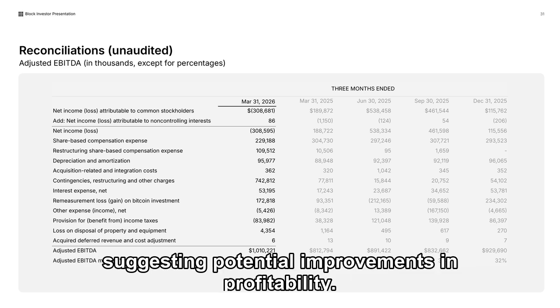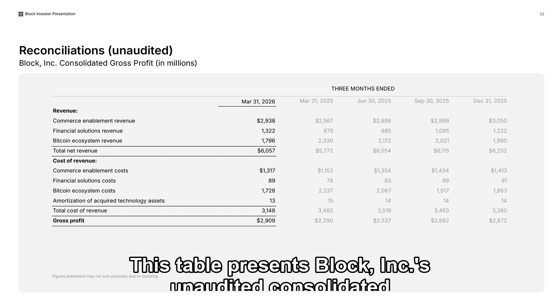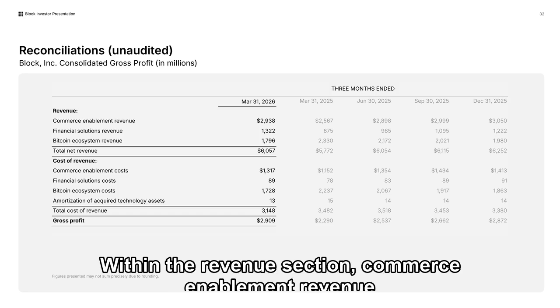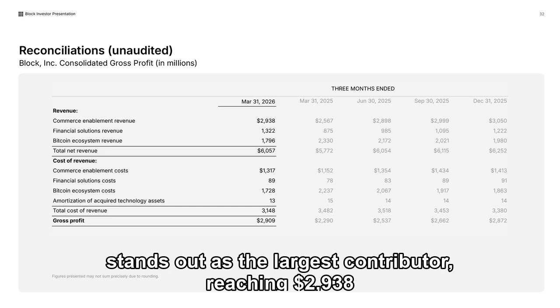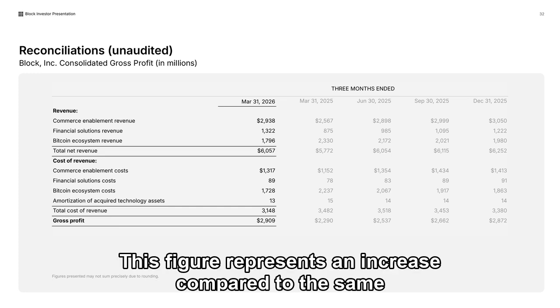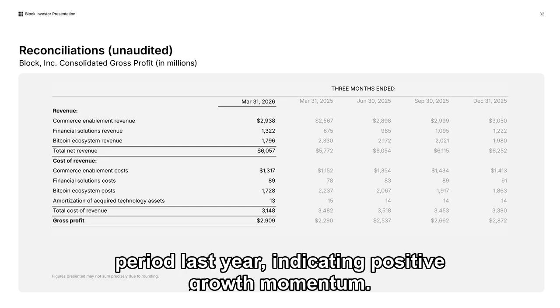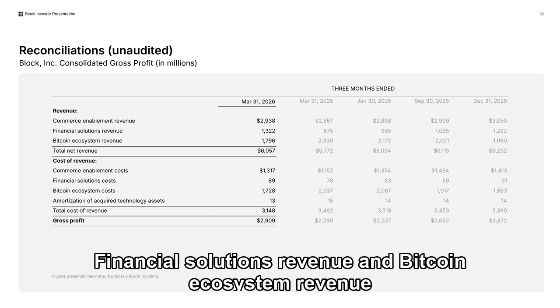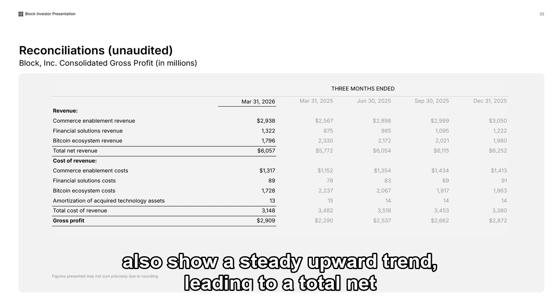potential improvements in profitability. This table presents Block, Inc.'s unaudited consolidated gross profit. Within the revenue section, commerce enablement revenue stands out as the largest contributor, reaching $2,938 million as of March 31, 2026. This figure represents an increase compared to the same period last year, indicating positive growth momentum. Financial solutions revenue and Bitcoin ecosystem revenue also show a steady upward trend, leading to a total net revenue of